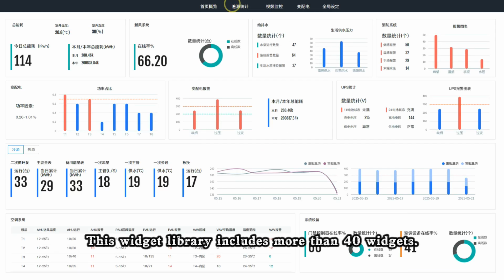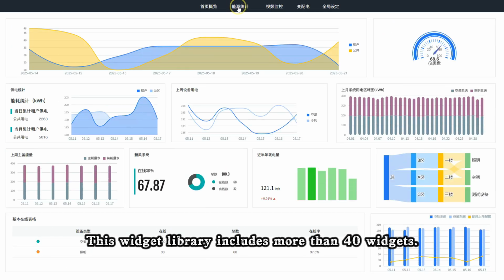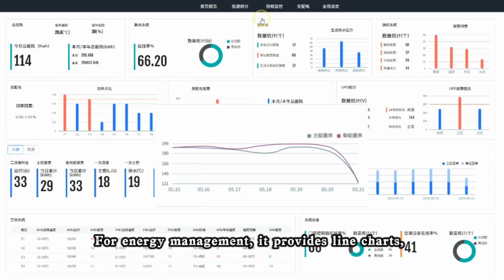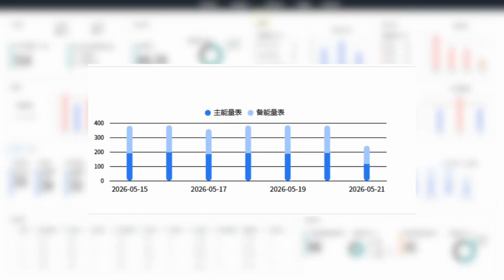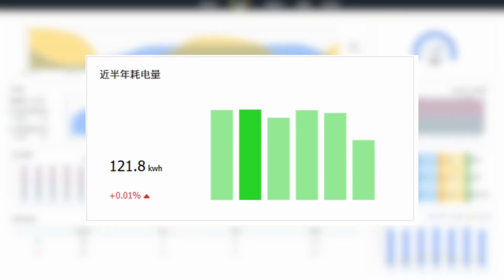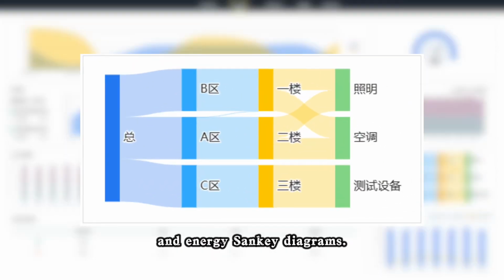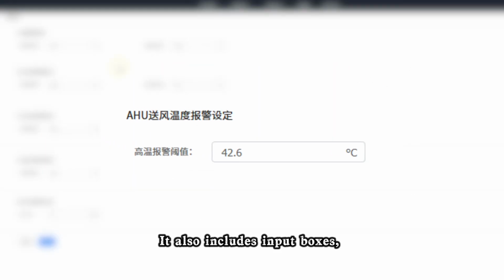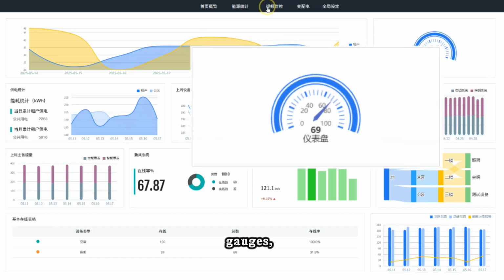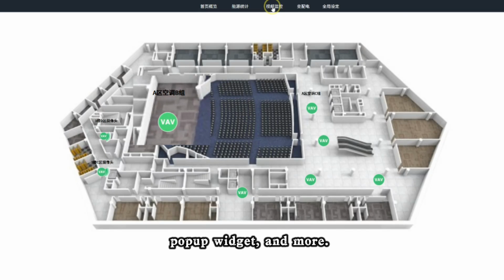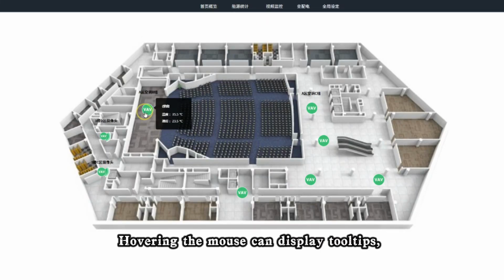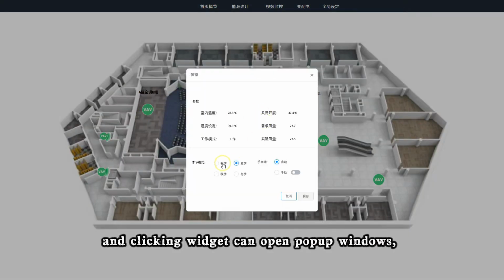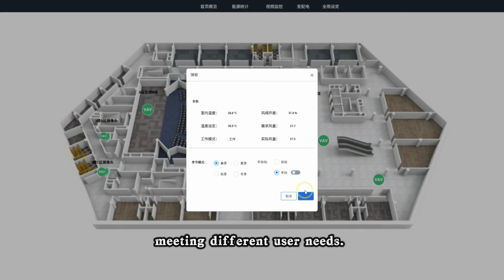This widget library includes more than 40 widgets. For energy management, it provides line charts, bar charts, energy trend charts, and energy Sankey diagrams. It also includes input boxes, gauges, pop-up widgets, and more. Hovering the mouse can display tooltips, and clicking a widget can open pop-up windows, meeting different user